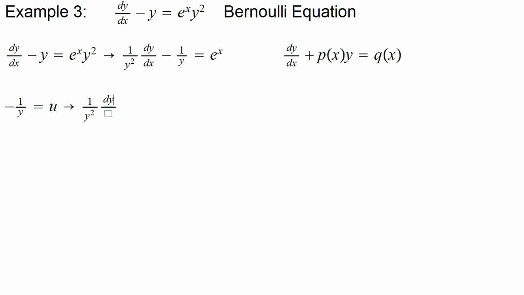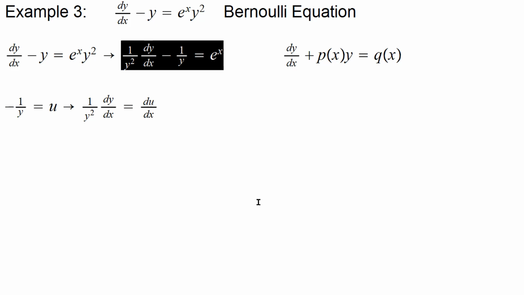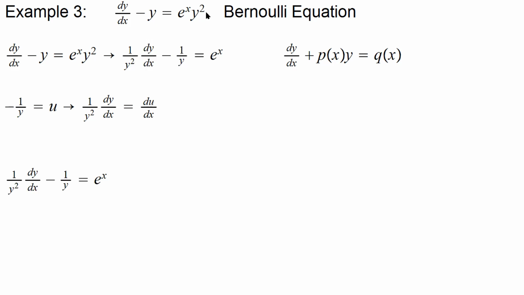So 1 over y squared dy dx turns into du dx, and this equation will change to simply du dx